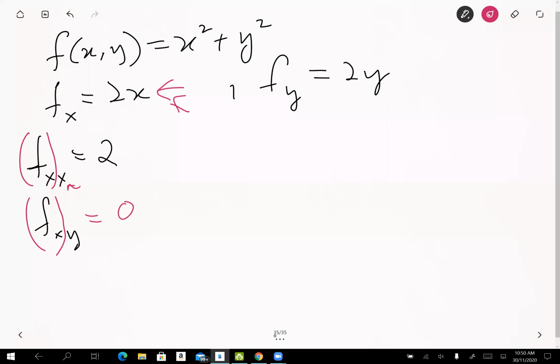Similarly for this one, I got fyy. Take derivative with respect to y, that will be equal to 2. Now what about fyx? Take derivative of fy with respect to x. I got nothing, 0. So this thing here is very simple. That is just to give you an idea of how to do the derivative. So we go on,